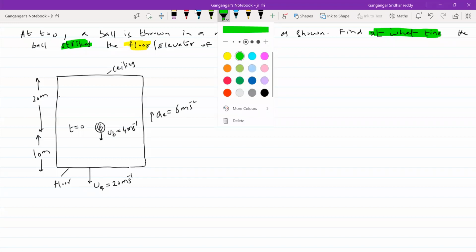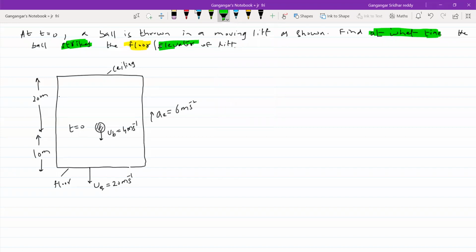You can question, sir. You should have said clearly, sir, where it will strike. How do I come to know where it will strike? Yes, this was the problem. So what shall we do? We just assume that it will strike the floor and solve the problem. If you get time negative, the situation is not possible. What do you mean by negative time? That condition is not possible, meaning what you assumed is not possible. If you get time positive, what you assumed is correct. I think the time parameter is going to really help us a lot.